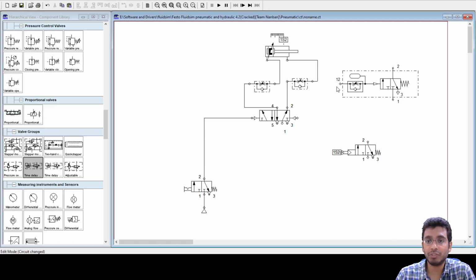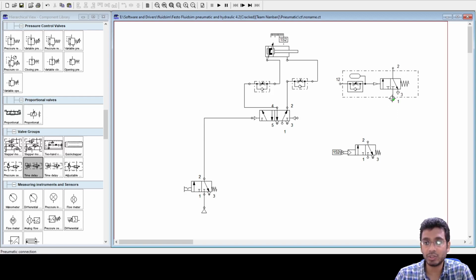Why? Because if you see the arrangement, first the air will come, pass through this throttle valve, and get stored in this container. This is a tank that is required to give a particular amount of time delay. Say it can give a maximum time delay of 3 seconds. Initially the air first fills the tank. Once it is completely filled, only then the air passes through and actuates the left side of this 3/2 valve.